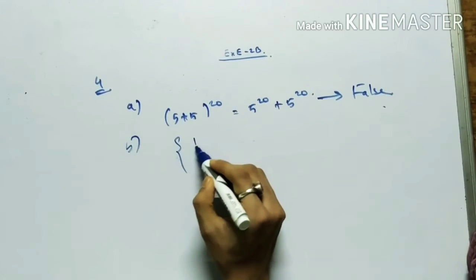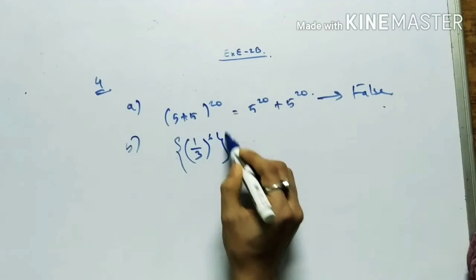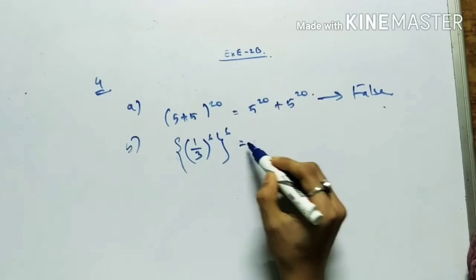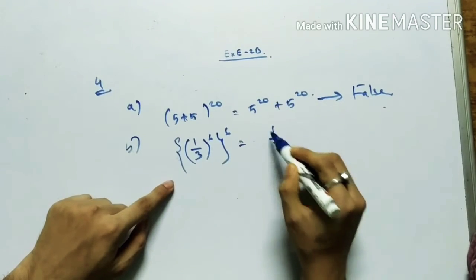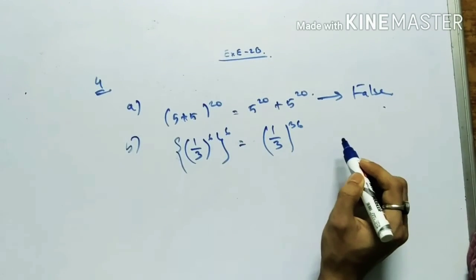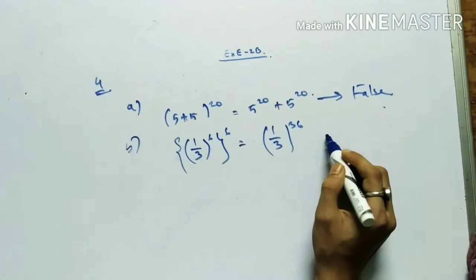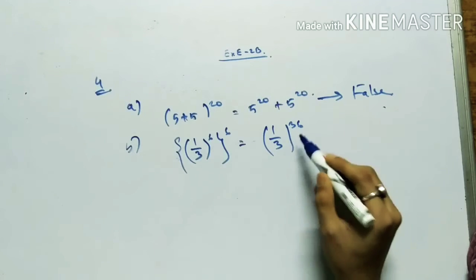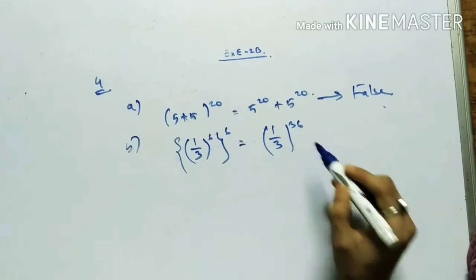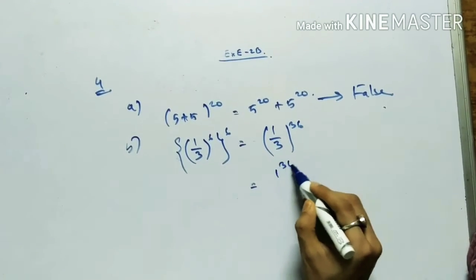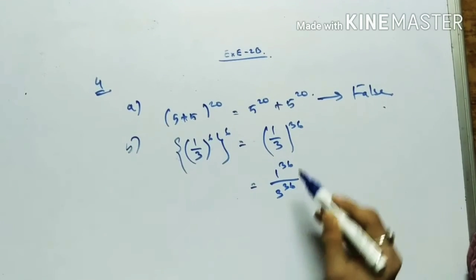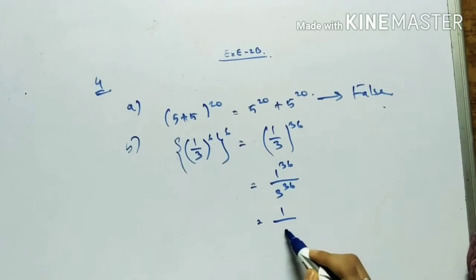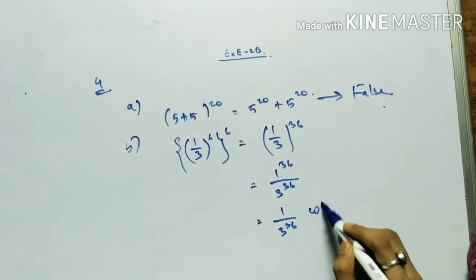Next, number B: 1 by 3 to the whole power 6 to the whole power 6 is the reciprocal of... So this equals 1 by 3 to the whole power 36. Yes, 1 by 3 to the whole power 36. So this equals 1 to the power 36 by 3 to the power 36, the power splits, and 1 to the power 36 is 1, so this is 1 by 3 to the power 36, which is